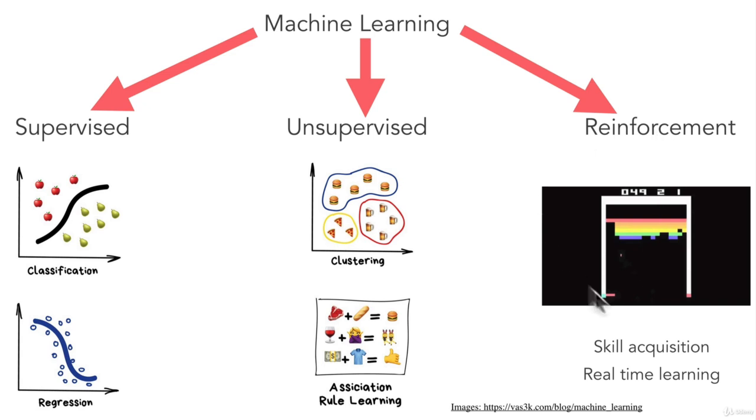Finally, we have this idea of reinforcement learning. Reinforcement learning is really interesting because it's all about teaching machines through trial and error, through rewards and punishment. The program simply learns a game by playing it millions of times until it gets the highest score. It doesn't know what it's doing at first, but then it tries to maximize the score and eventually figures out that, hey, maybe I should try and move to where the ball is coming. So this is seen for skill acquisition or real-time learning, and you see it a lot in machine learning programs that play, for example, video games.